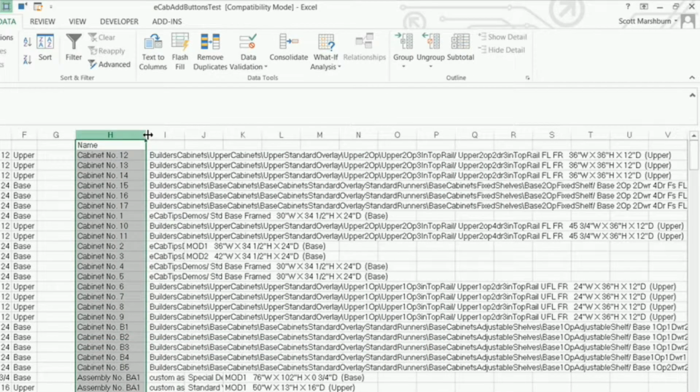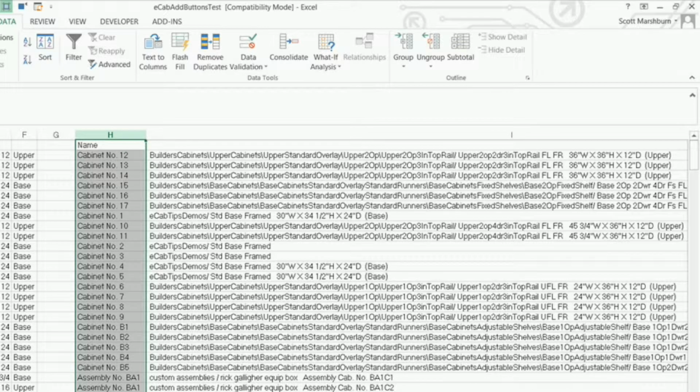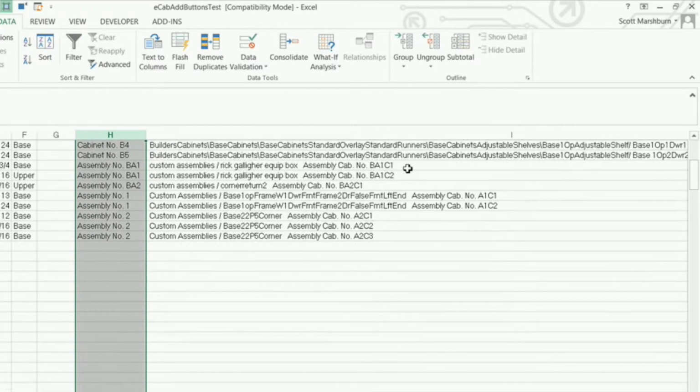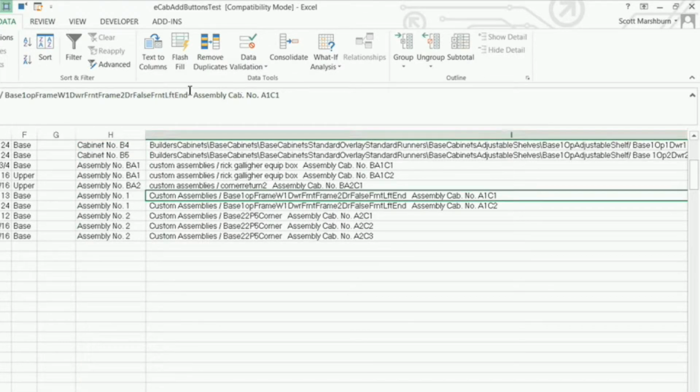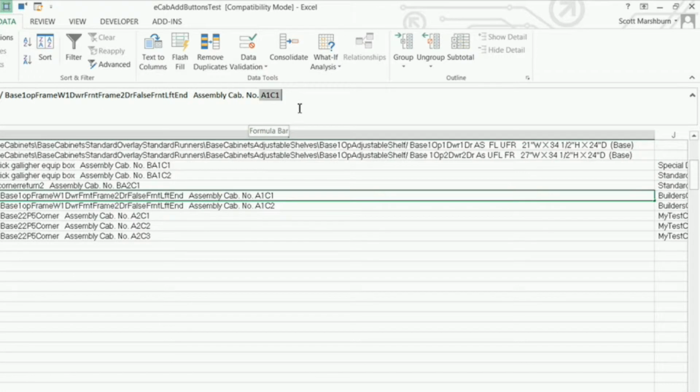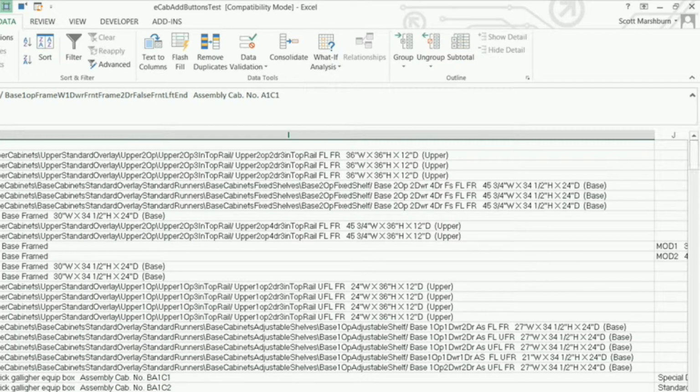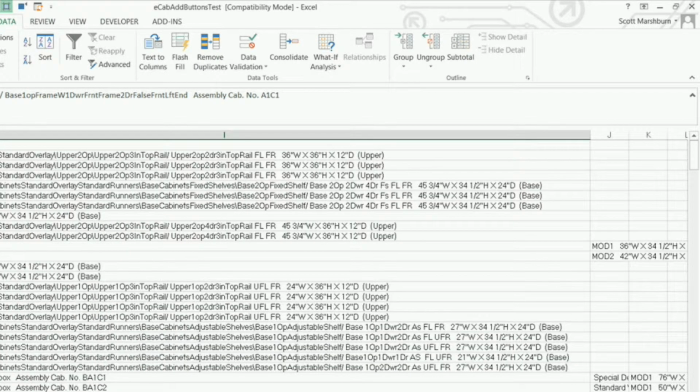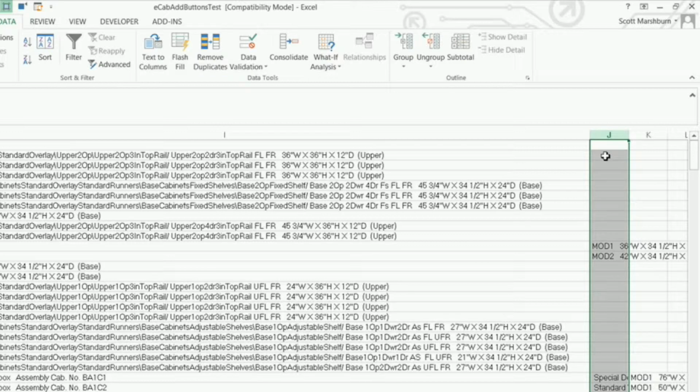Now we've got this column here that we need to pull any assembly cabinet names out of. In this case right here, if you look right here, the only thing I want is this A1 C1. So what I've got to do before I do that is, again, while I'm recording my macro, I'm going to come over here to column J. I'm going to hold down my control and my shift key, and I'm going to go all the way to the